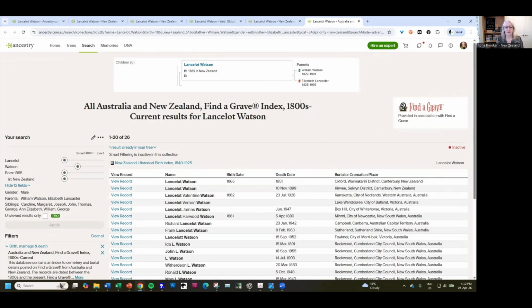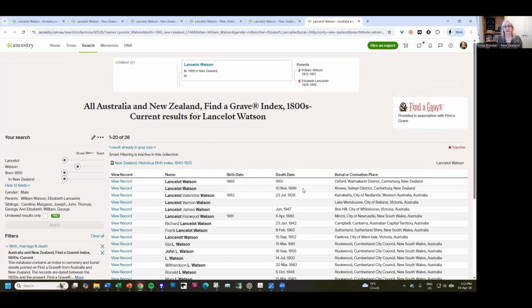And let's just check our Find a Grave as well. We've got a Find a Grave record for that 1951 one, and we've got a Find a Grave for the 1899 one as well. So I'm going to be comparing all of those, working out which one is my Lancelot. Obviously, in a perfect world, I would be buying a death certificate as well, but this is a research tree that I have built to share records I have found in secondhand shops, not necessarily go off and purchase new records for them. So I'm off to investigate Lancelot in a bit more detail, hopefully using some of those filters,